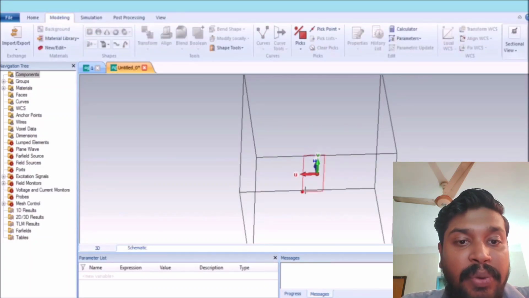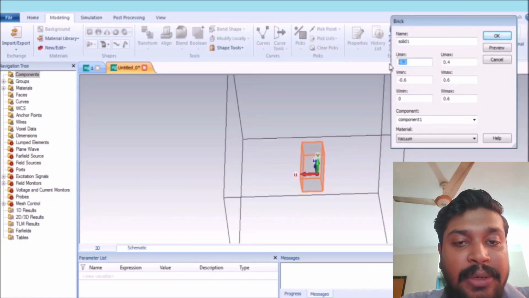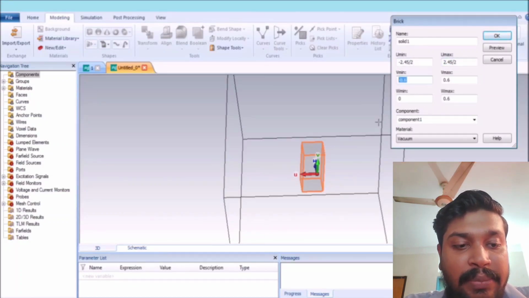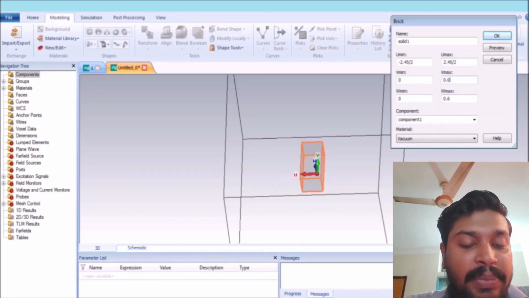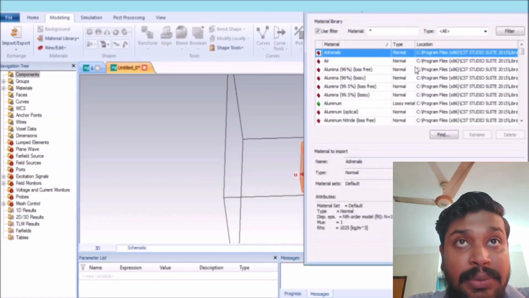The width is 4.5 millimeter, so I put minus 2.35 divided by 2, 2.35 divided by 2, and then a thickness of 0.9 millimeter, equal to 3.5 millimeter. Then from the material library we go to the Rogers. The antenna substrate is the Rogers